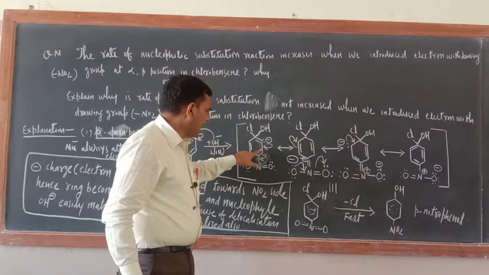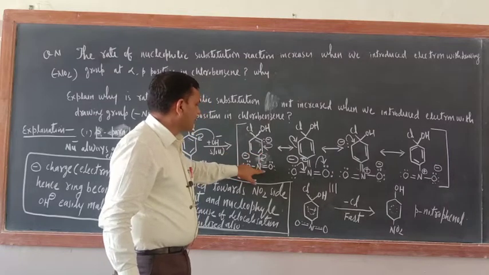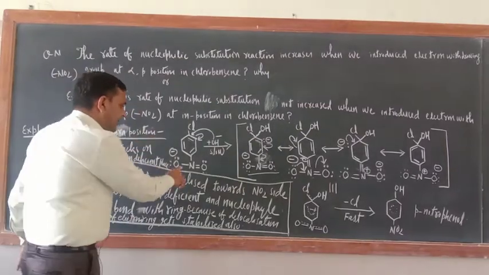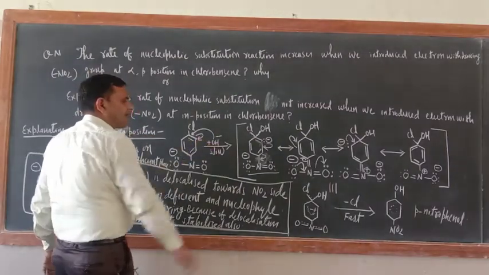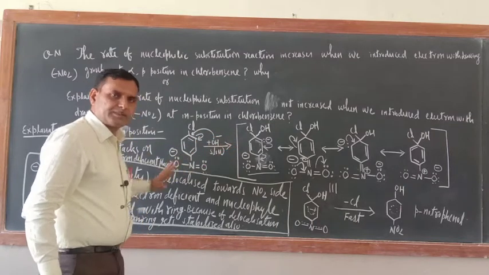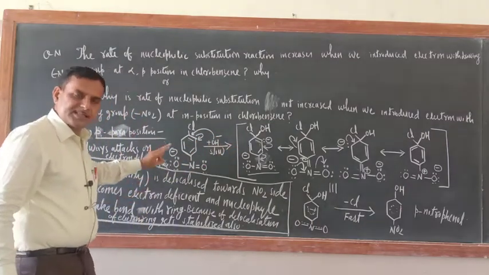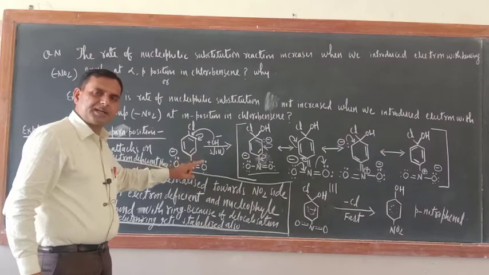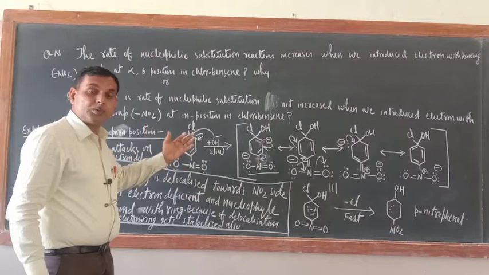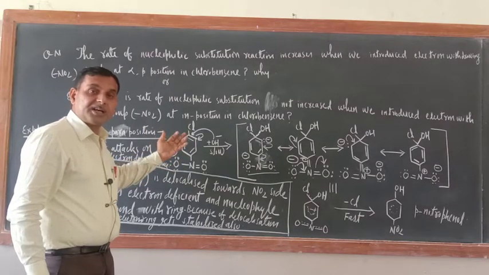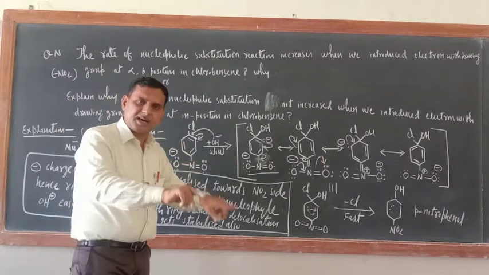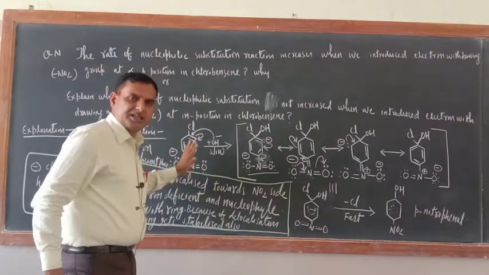Just see, the ring electron is coming towards the NO2 side. The same will happen if NO2 is present at ortho position. I have to make the resonating structure, but the explanation will be the same. But if NO2 is present at meta position, then it will not be in a position to suck the electron or channelize the ring electron towards itself. That is the only difference. It is given in the NCERT book also. Okay, I am not teaching extra.